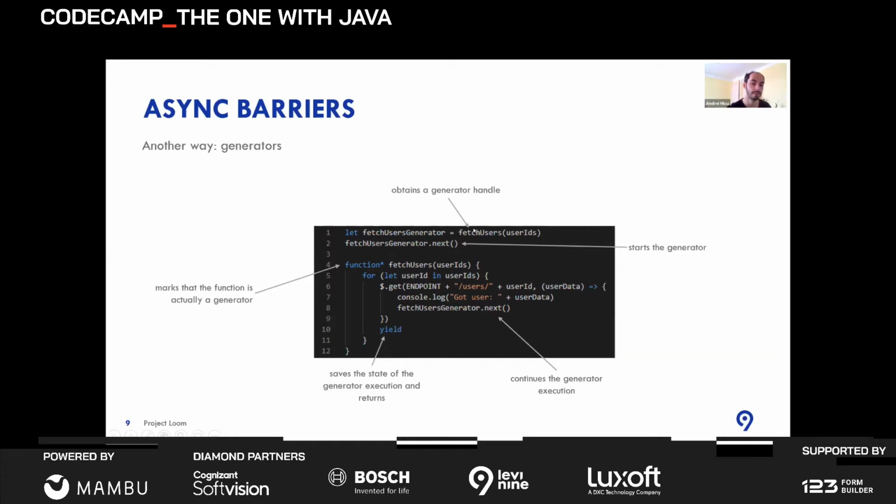When you call it first, it returns a generator with that function's execution. So every time you call next, it's going to progress until it finds another yield. Yield meaning that I'm going to stop the execution here, return from this function, and next time it's called, continue from